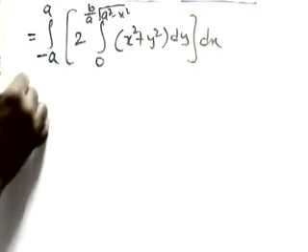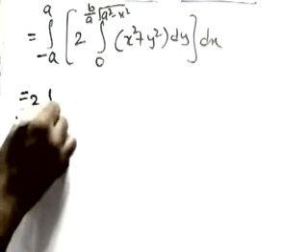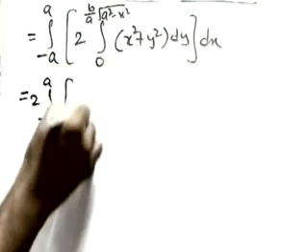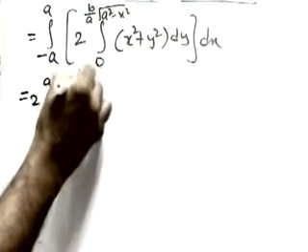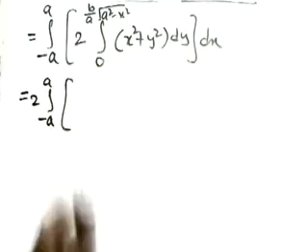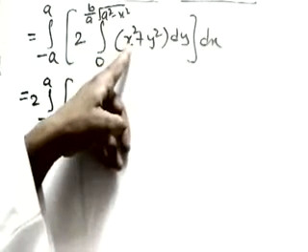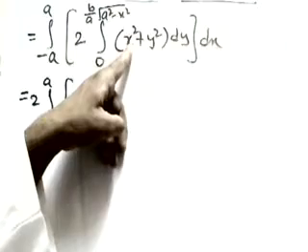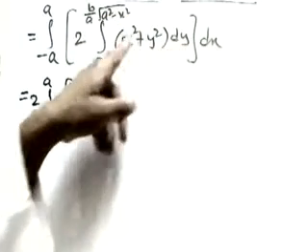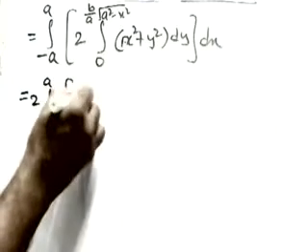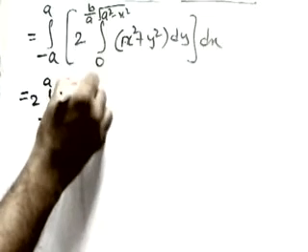Okay. Now let me integrate with respect to y. Take this 2 outside, 2 into integration minus a to a. Now what is left here? Integration of 0 to b by a, and let me integrate this one. Now integration of 1 here with respect to y, we don't have y here, so we must take this as 1. Integration of 1 with respect to y will be y. So this will become x